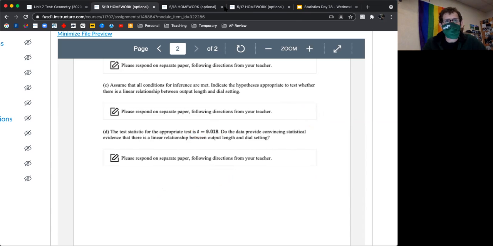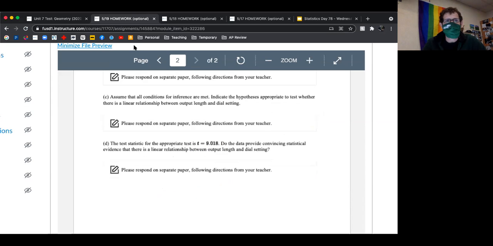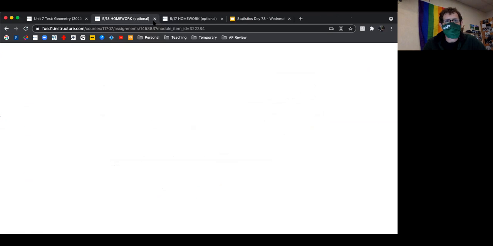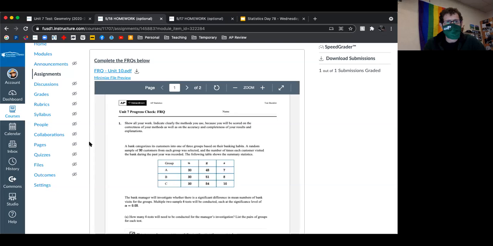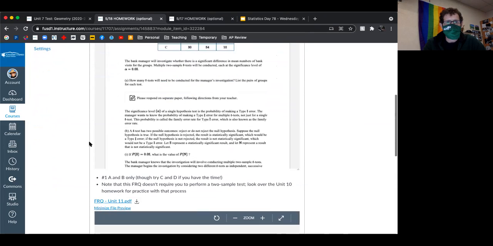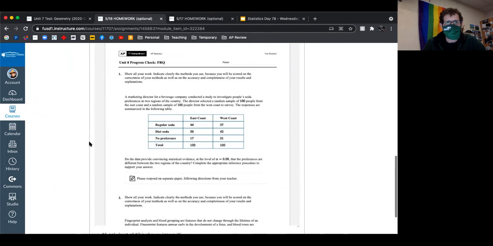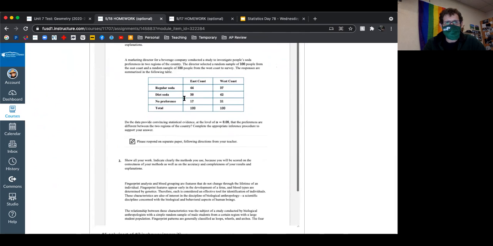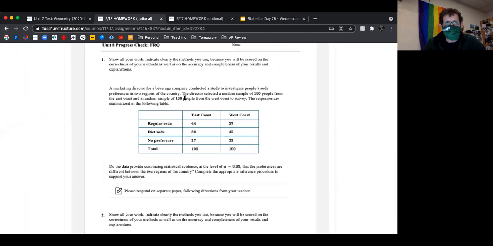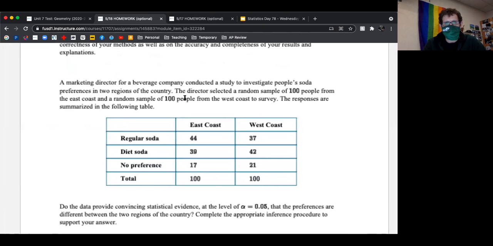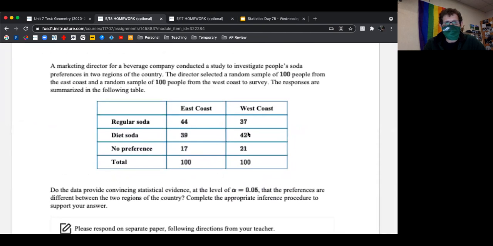Okay, let me close this one down, and let's look at unit 10 and 11. 10 is an interesting one that we'll come back to. 11 is actually very straightforward, and I might not even do this, but it gives a very straightforward table, and it wants us to basically run the inference test, a chi-square